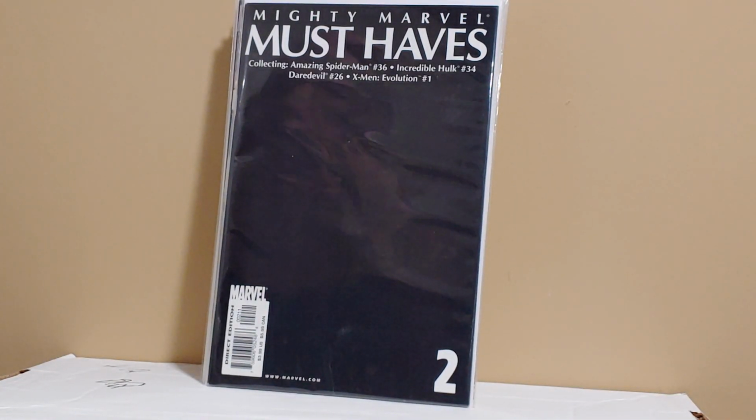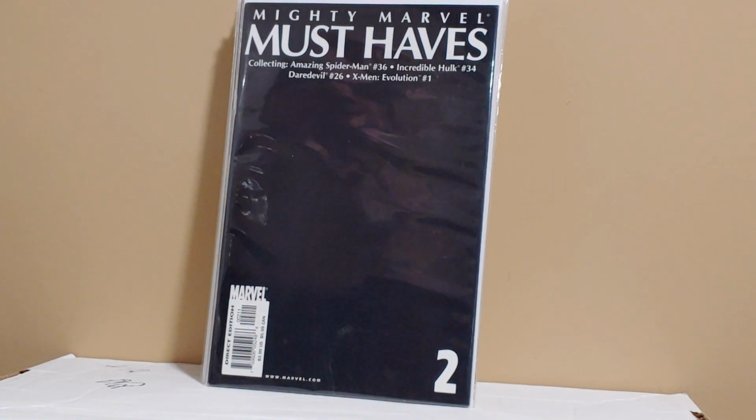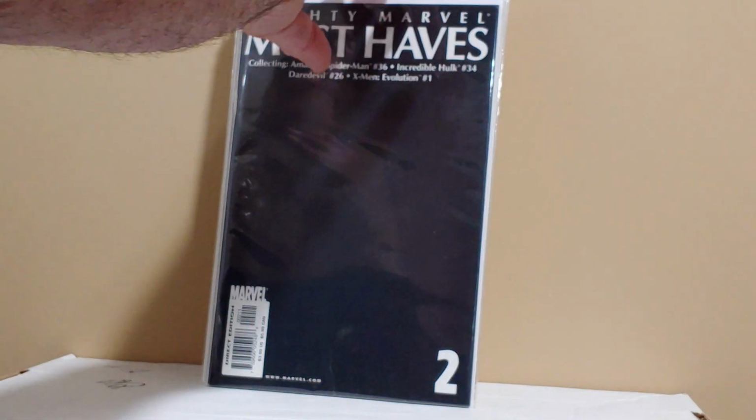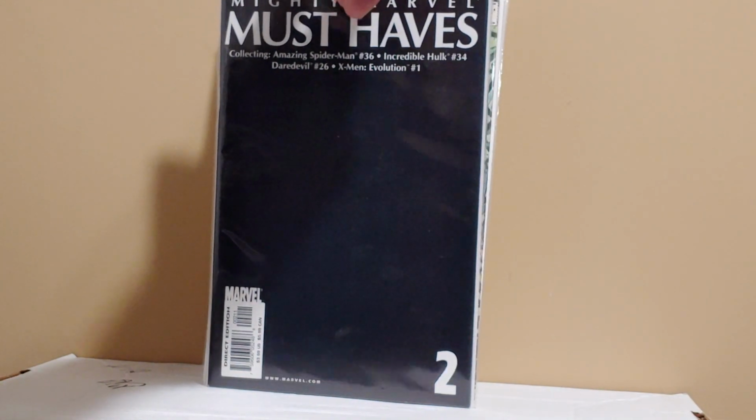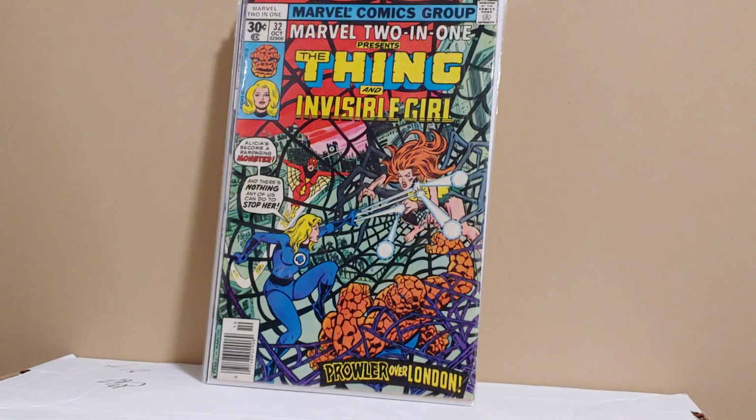The Mighty Marvel must-haves. This reprints Amazing Spider-Man 36, Incredible Hulk 34, Daredevil 26, X-Men Evolution #1. Obviously, people want this because it has the reprint of Spidey 36. Marvel